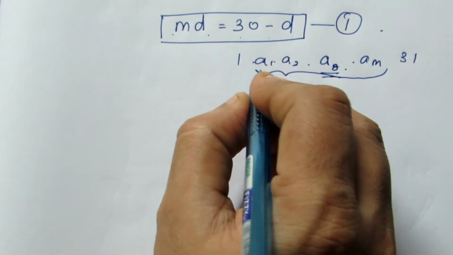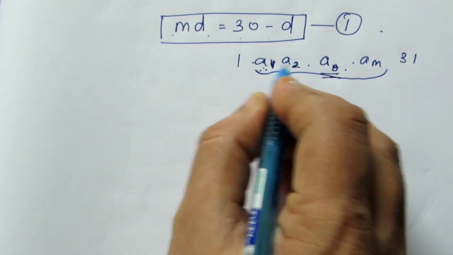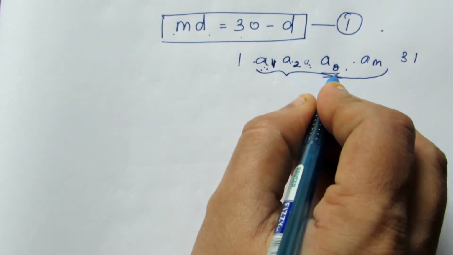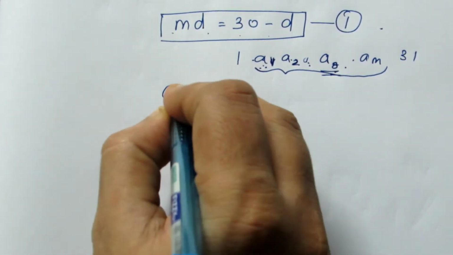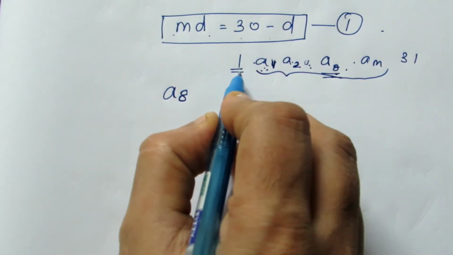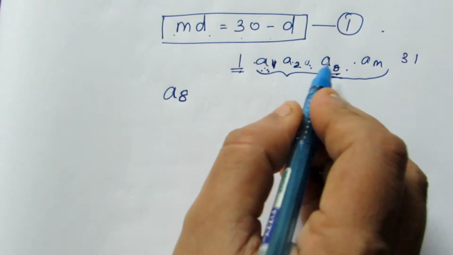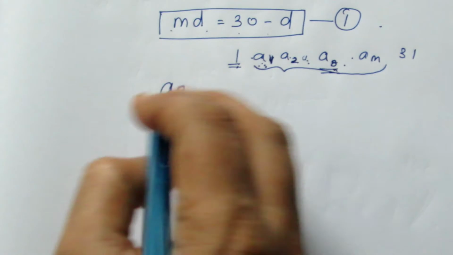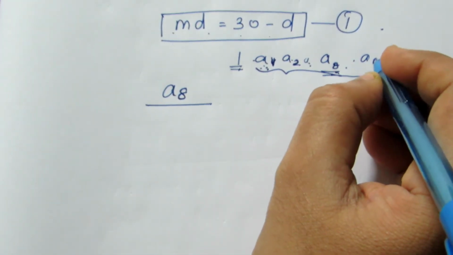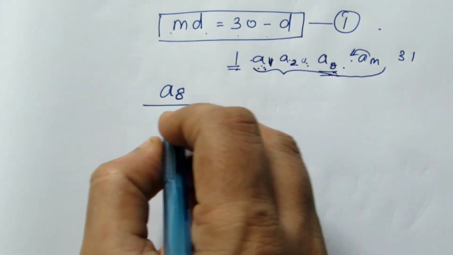Here A1 is nothing but the second term, A2 is the third term, A3 will be my fourth term, then my 7th term will be A8. Here we need to be very careful, because we have not chosen the first term as A1, we have taken the first term to be A2. So your 7th term will be the next term. It is A8 by, and the m minus 1 term, the same way, the term preceding will be